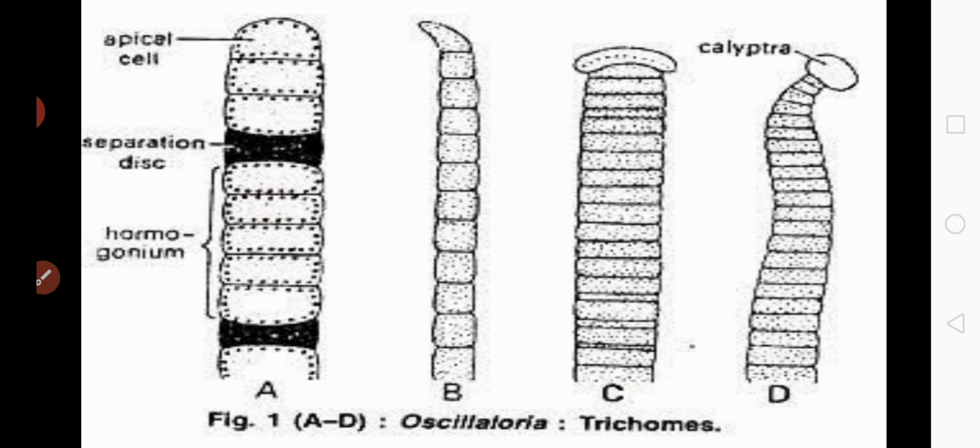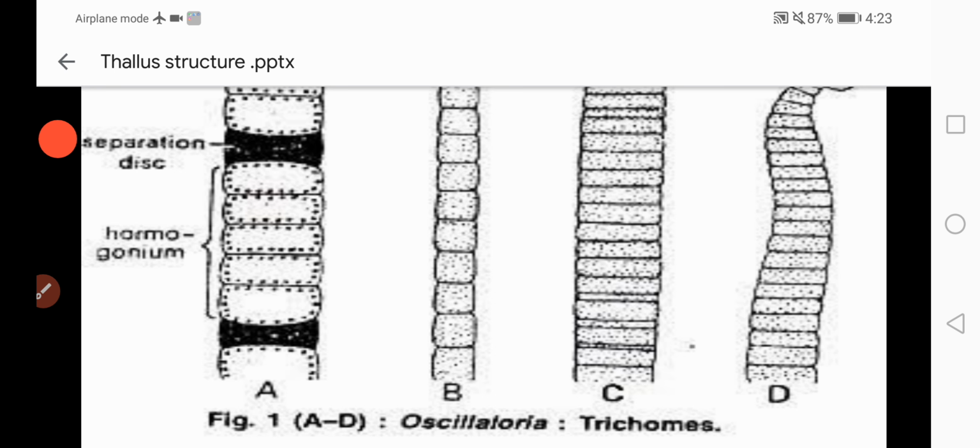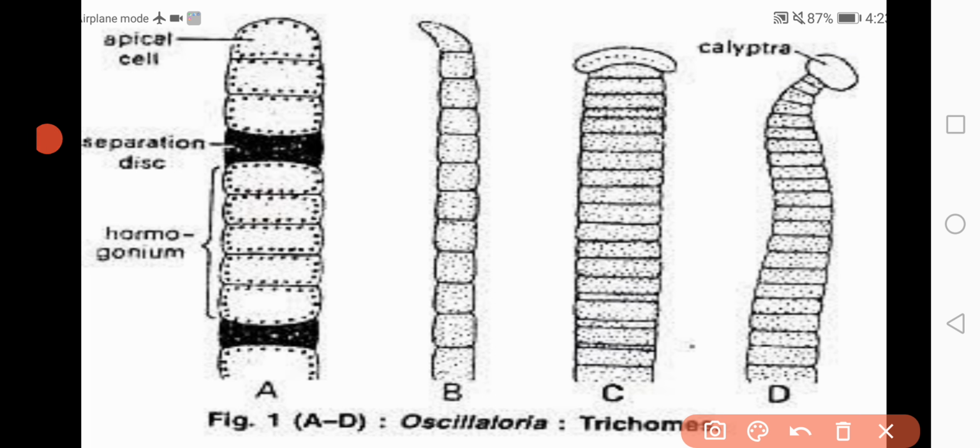filament of Oscillatoria. Here you can observe the calyptra. Calyptra means in some species of Oscillatoria, the terminal cell forms a thickening. That thickening is called the cap or calyptra. Is that clear? And dead cells or the separation disc or necridia means in the filament a biconcave structure is